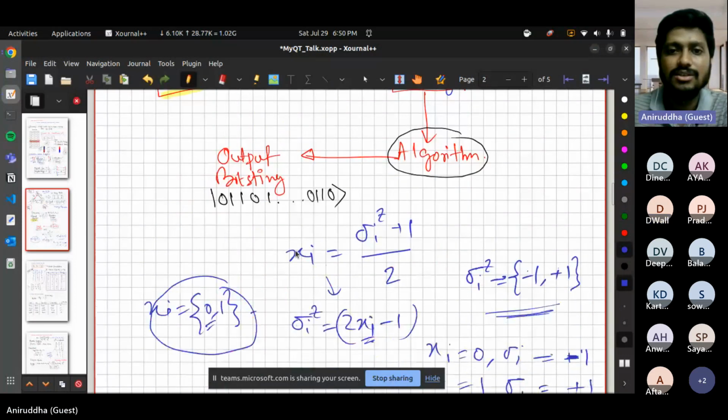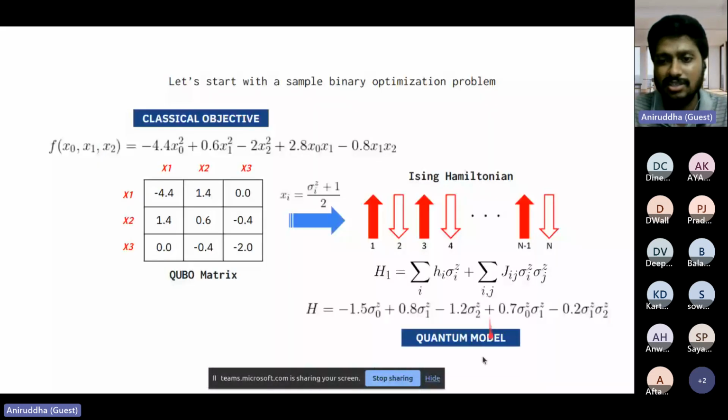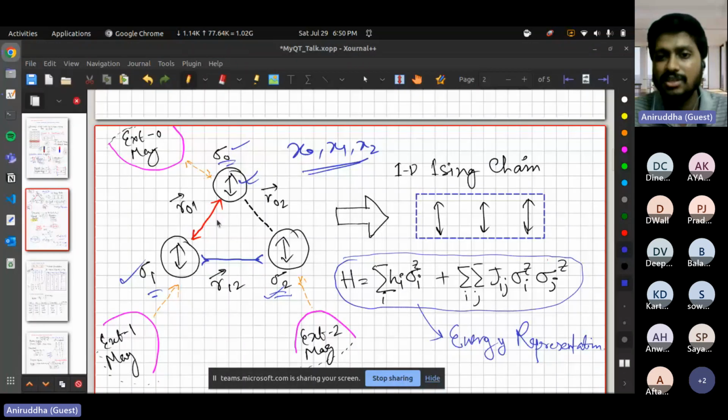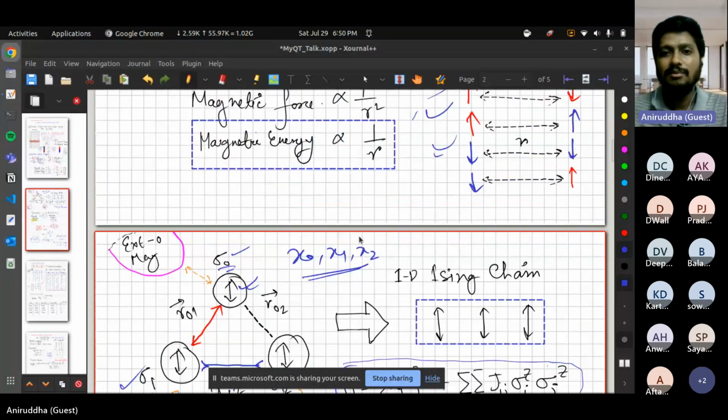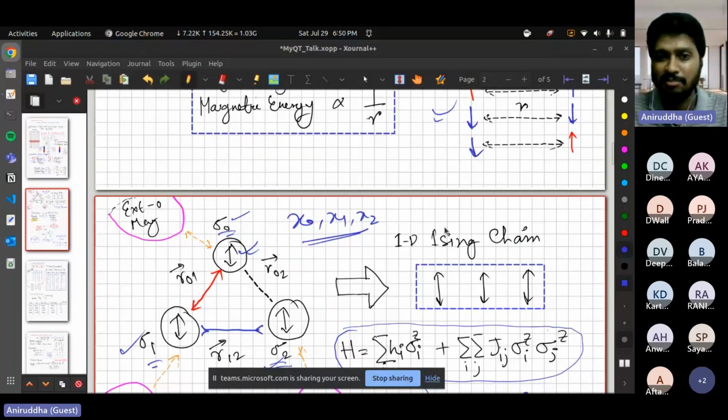Yes. So now you have done this basic conversion, and by doing it you have converted the form into this one. This is something called the Ising Hamiltonian format. But how would you implement that? It's a very simplistic scenario: the energy of these magnets or spins depends upon the distance. Whatever I'm saying is a very simplified version of how the interaction of qubits actually happens in the hardware, so don't consider this as absolute. This is just an example.